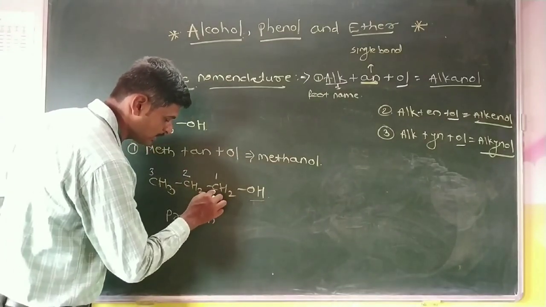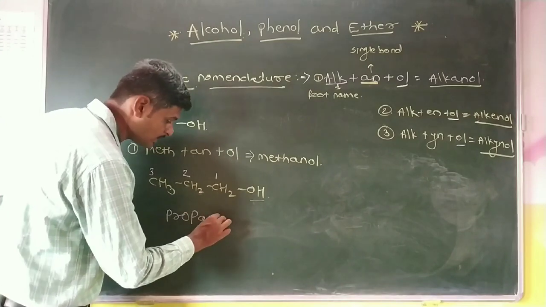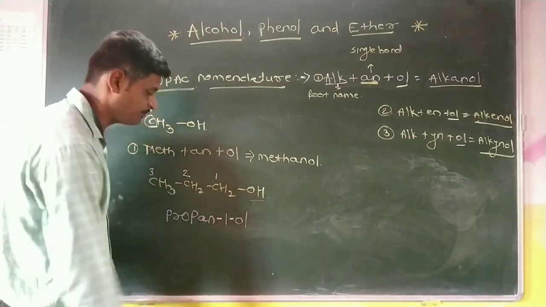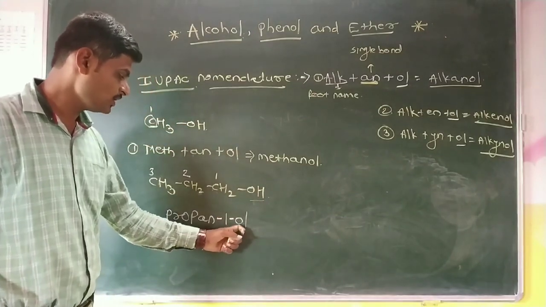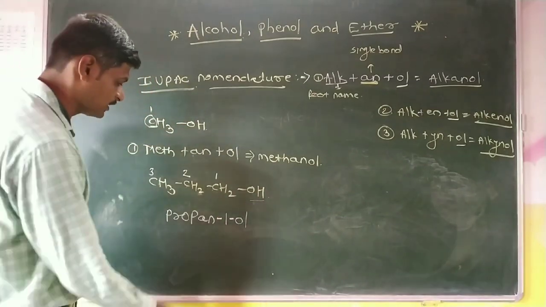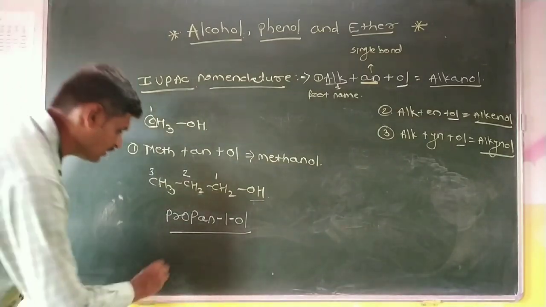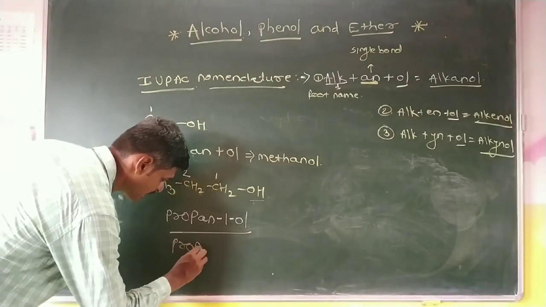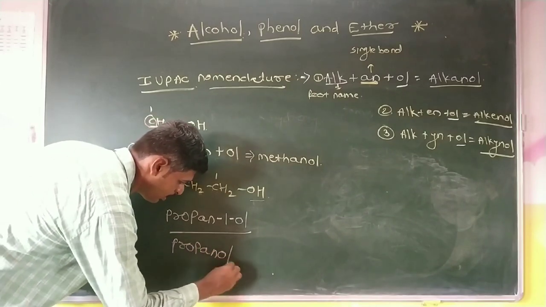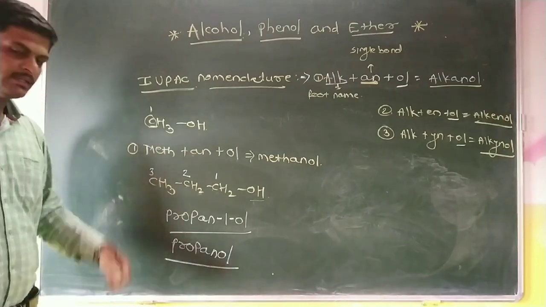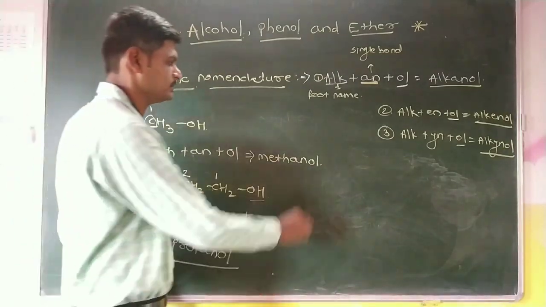Therefore, this number 1 is written here, and this OH, the suffix of the alcohol functional group, is "ol", written here. Therefore, it is named propan-1-ol, or we can also write it in the form of propanol. This is the second example. Then